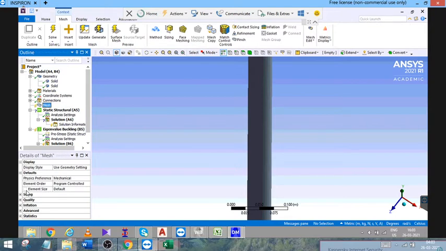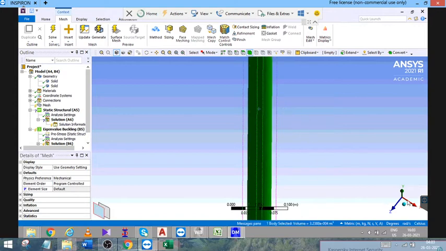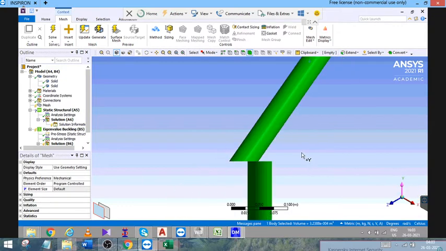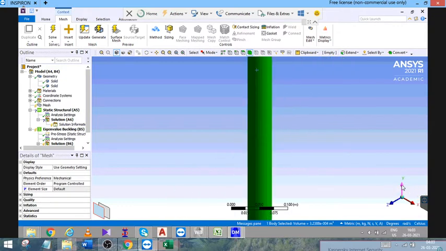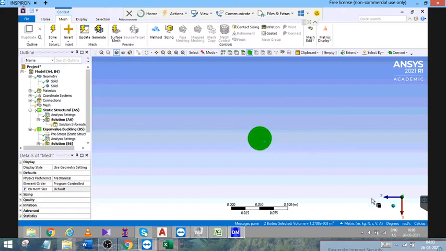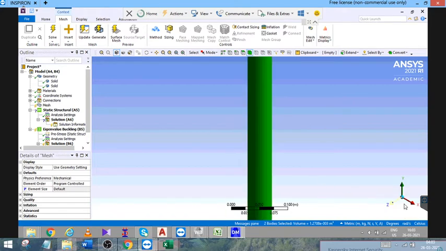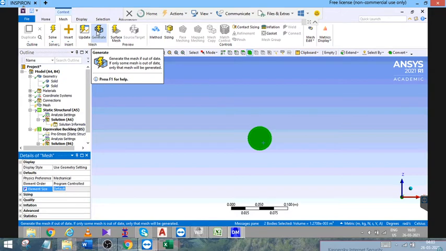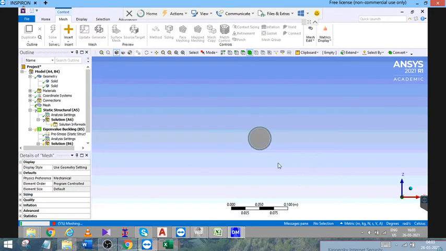You will have to choose the body mesh option and select the full CFST member. Please ensure that all the surfaces have been selected, and here you can click on generate to create the mesh.